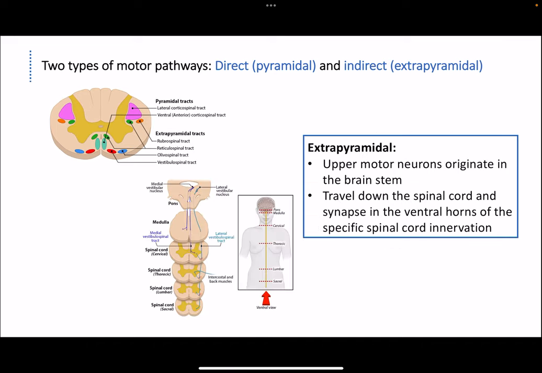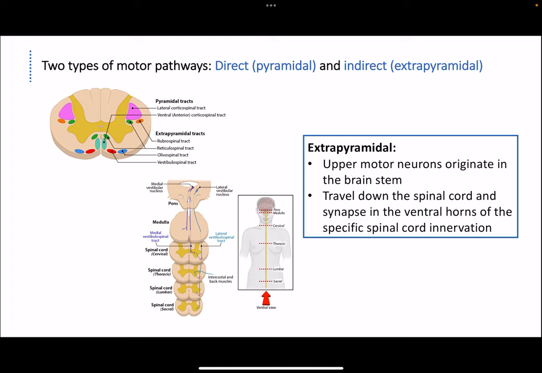Speaking of indirect or extrapyramidal, these have their upper motor neuron originate in a region other than the cerebral cortex. Largely they're starting in the brainstem somewhere. If you look here, here is our pons, here's our medulla. So we're looking at brainstem, and then spinal cord coming down. These go down, the upper motor neurons synapse with a lower motor neuron, and then again that lower motor neuron goes out to the periphery. However, we do not have conscious control over these. These are happening at the subconscious level. These are largely helping to maintain balance, equilibrium,